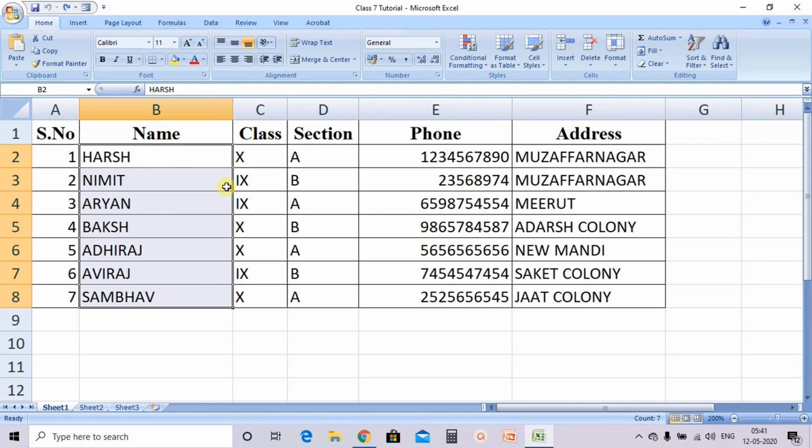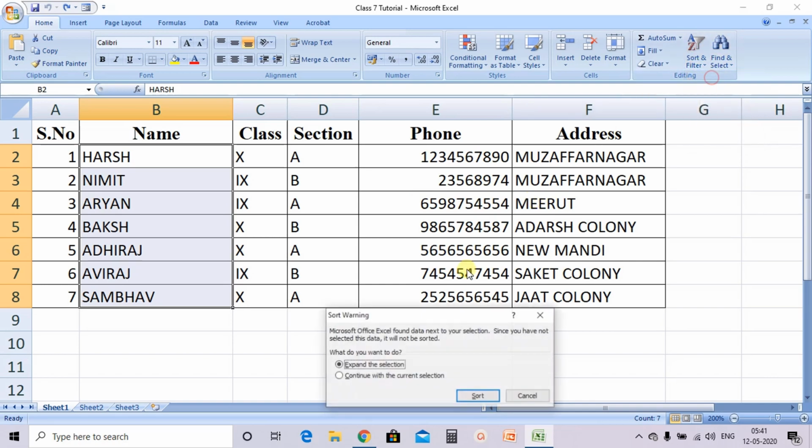Now for Nimit, the phone number and Muzaffarnagar address is there, class 9th B. Now when we arrange this, again I am selecting. Now see for Nimit, okay, class 9th, section B, phone number 23568974 and address is Muzaffarnagar. Now I am sorting this data and going with continue with the current selection.